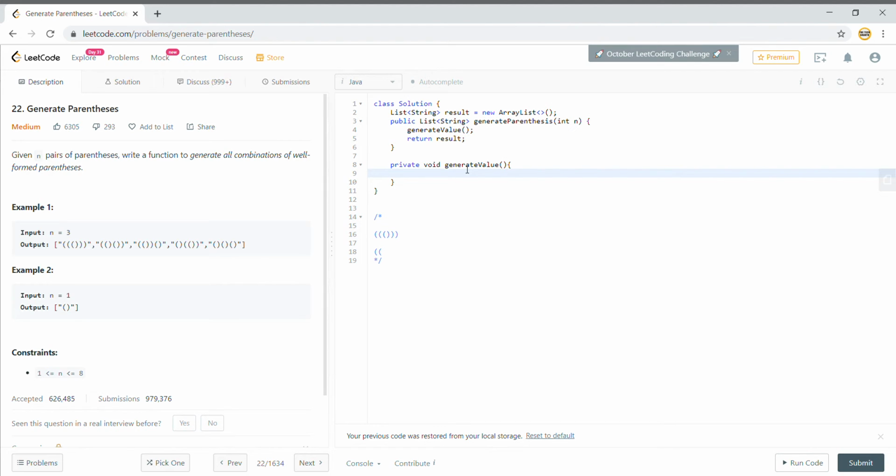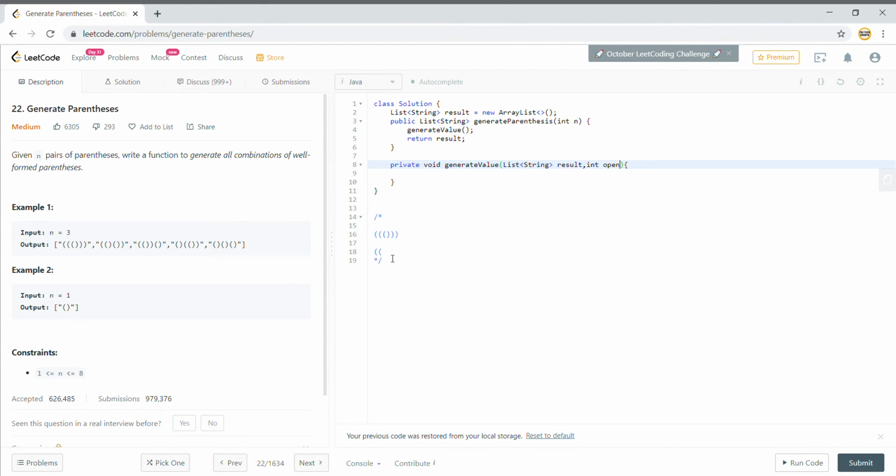What we need to do here is populate the result. Now what will be the input for this generateValue method? One input will be the result, since you need to populate it. Then, since you have to backtrack, you should have variables which tell you how many brackets are already open and how many are closed.